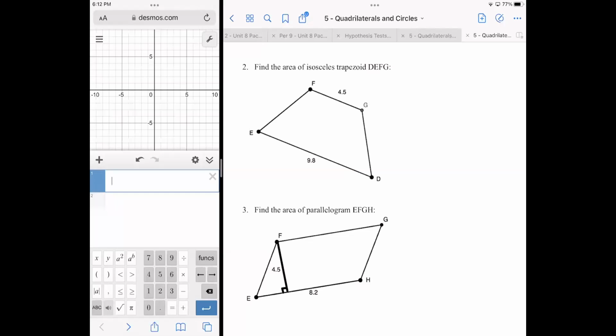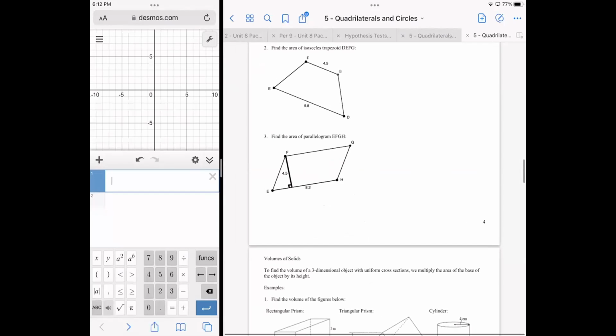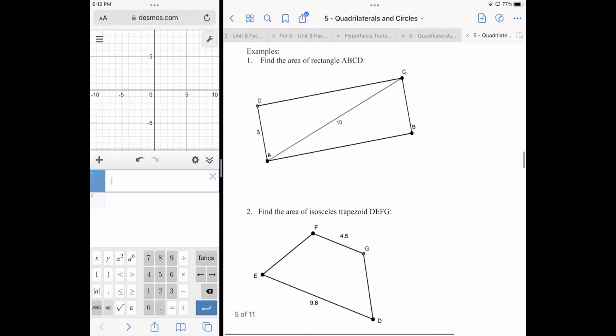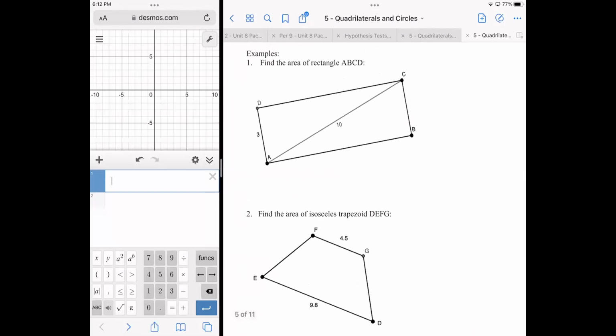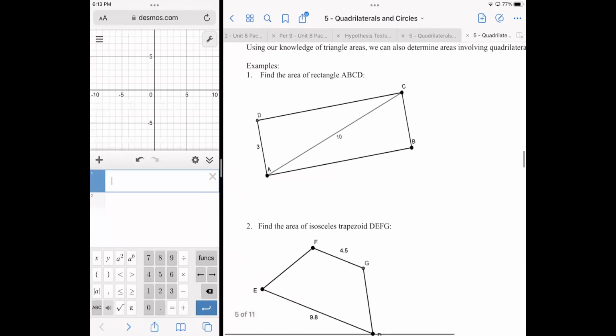So the first problem here on this new page, page 4, is find the area of the rectangle. And it's almost exactly the same in terms of structure as the one that we did last class, but it's good to have a second look at this, right? And so what we want to do is use our knowledge of triangles to get the job done, right? So our knowledge of triangles just boils down to this idea that the area of a triangle,